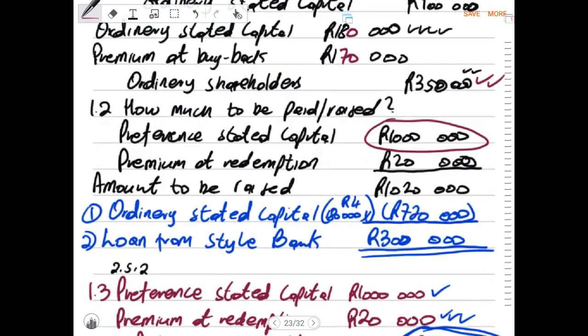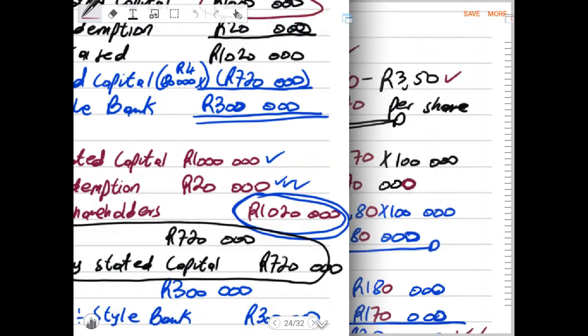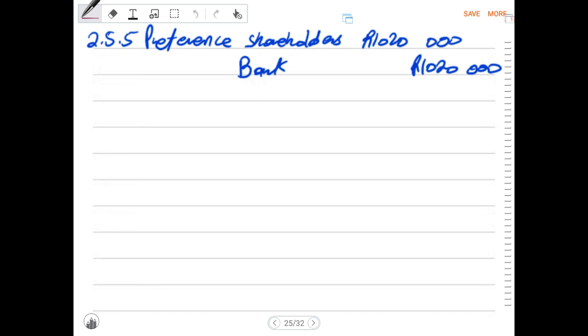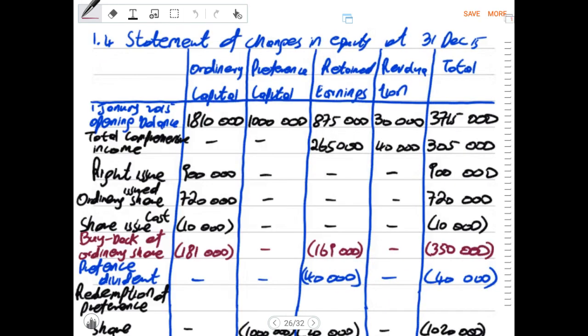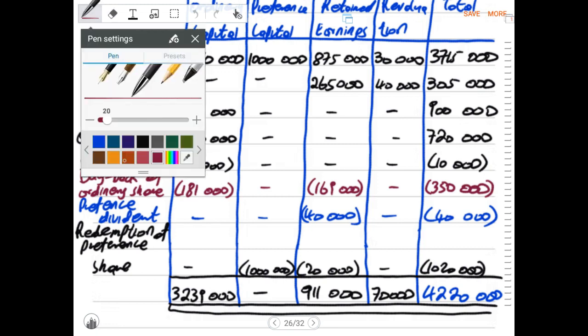Then this effect would have impacted the statement of changes in equity. So now let us go to the statement of changes in equity and we see which changes could have been done. Remember, the changes is only with regard to the buyback ordinary capital and the premium on the buyback. So now that means adjustment will be again made with regard to the shares or the capital.